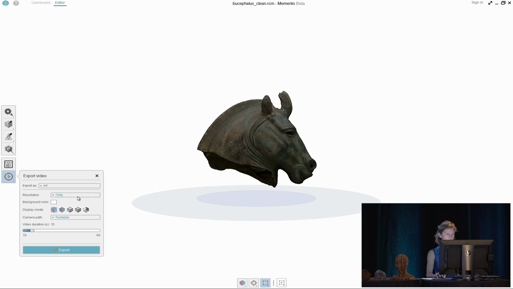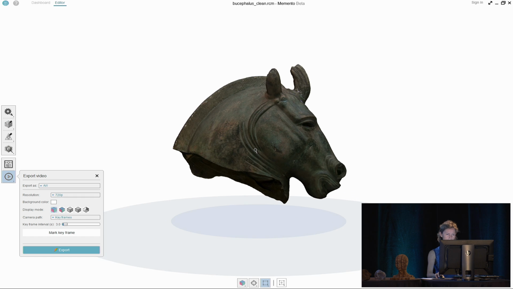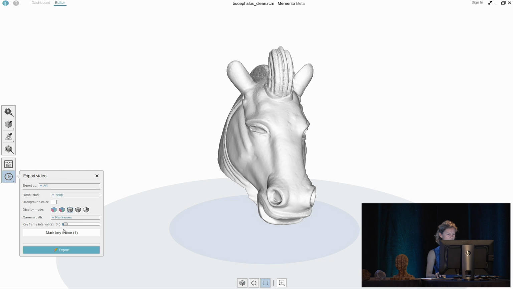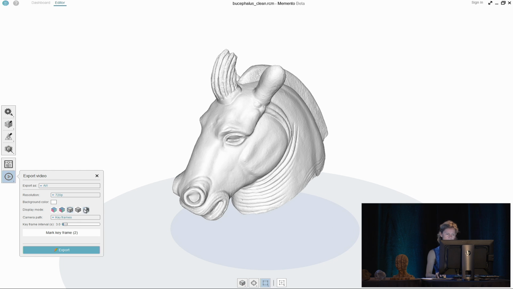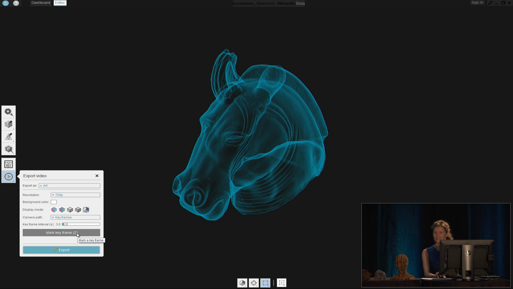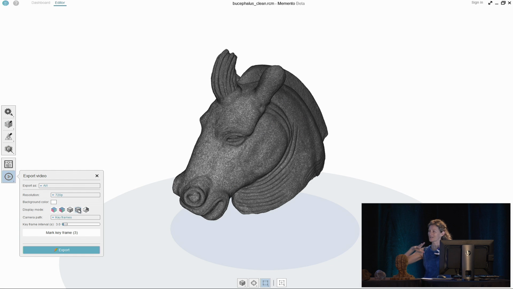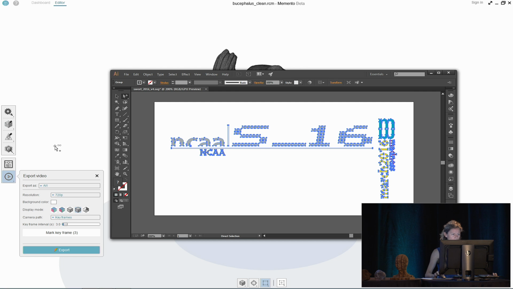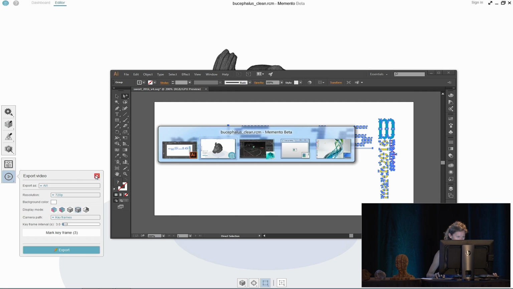It either has a turntable, automatic turntable, or you can make these keyframes, and the idea is you can say, this is my first keyframe, then I switch up to here, change to this mode, this is my second keyframe, change here, switch to X-ray view, mark keyframe, etc., and just export, and it will do those nice transitions for you. This is more for not savvy people, not for you, but it is kind of neat to do that all in the software. So before I go back to show you some use cases,